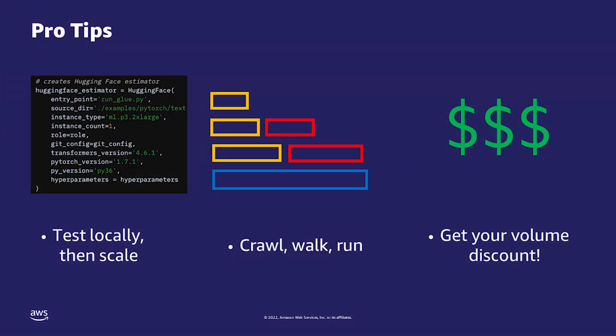All right, and so just to close this out with some pro tips. The first pro tip is to absolutely test your model locally. It is so efficient to take a sample of your data set, take 10% of your data set, take 15% of your data set, definitely a smaller batch, and make sure that you can get it to work locally. Whether you're doing that on Studio, or on a notebook instance, or on your laptop, do it wherever it's most efficient for you, but definitely test it locally.